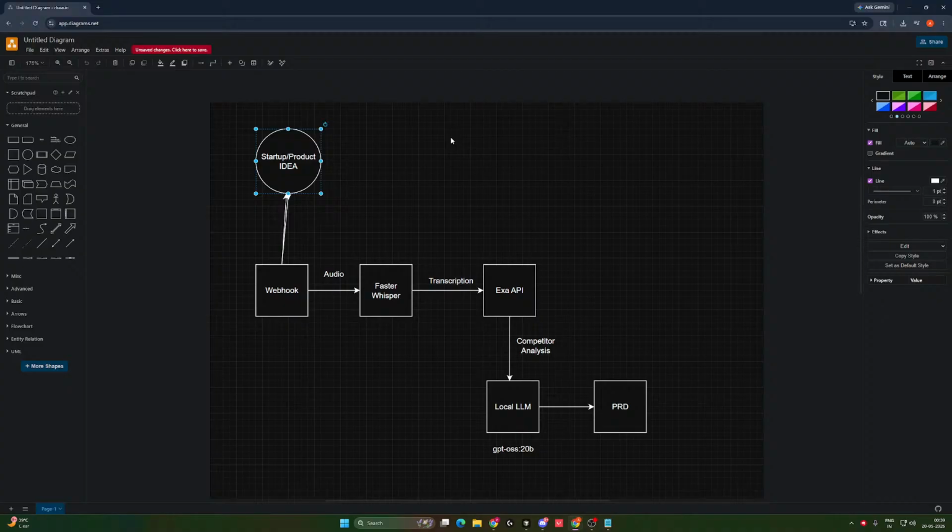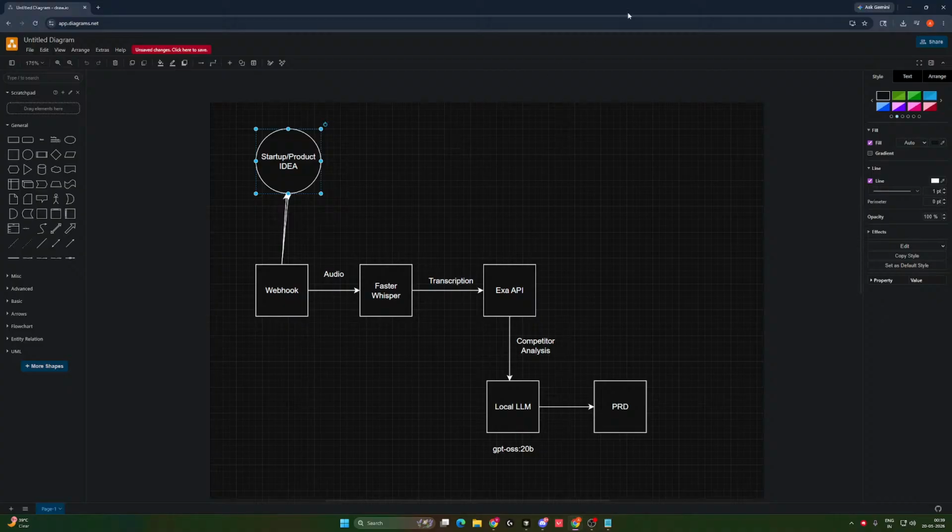It will be running 7 times faster on my GPU than on my RAM. So I tend to run only the models that are capable of running only on my GPU. Yeah. So after we run all this information through the local LLM and we give it a system prompt, it will generate a PRD for us.